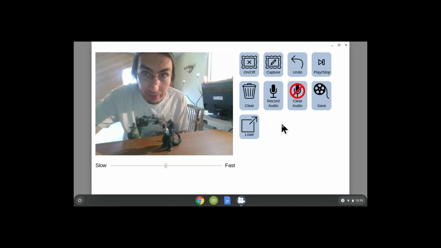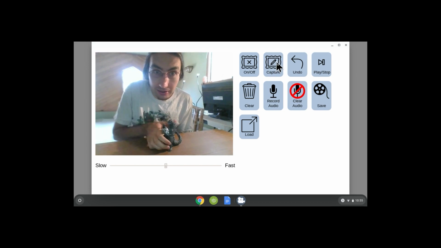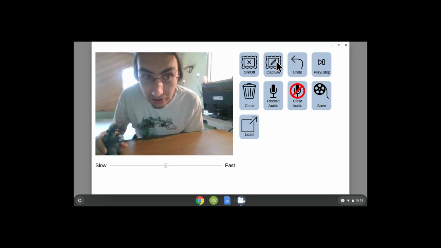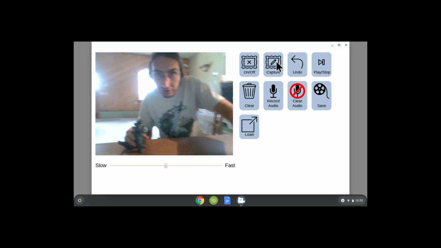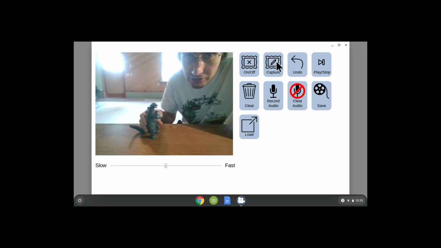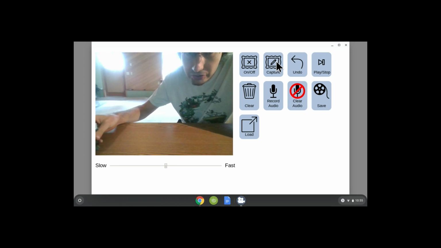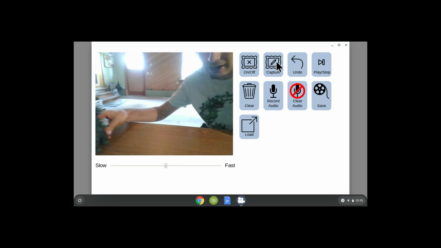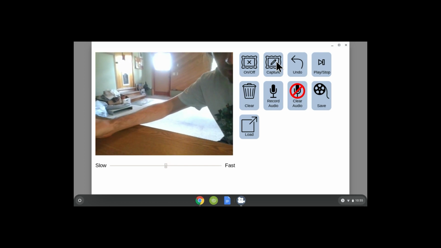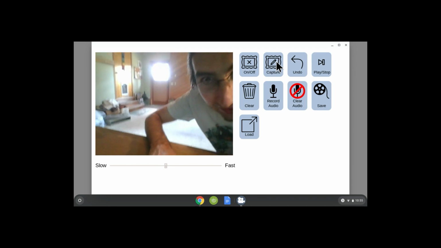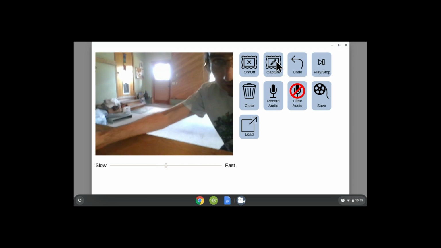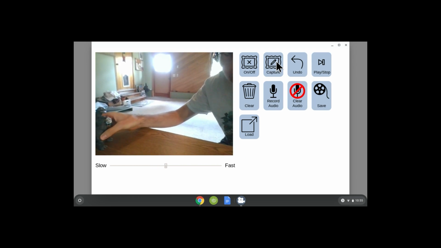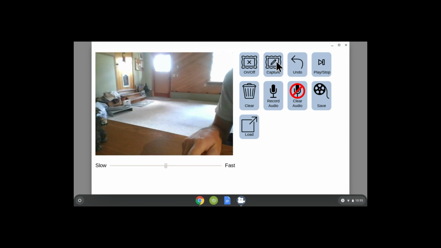So, to make a frame and to start your animation, you're going to need to click on capture. Once you position your toy and your screen, however you want to make the video, make sure you can see your whole stage you want. And okay, I think I'm going to have Godzilla come in off the side of the screen here. Every time I take a video, I'm going to make sure my body is outside of the picture, so it just looks like my toy is moving around. Okay, so here we go. So I'm going to push capture,